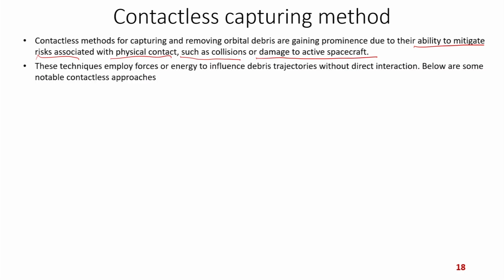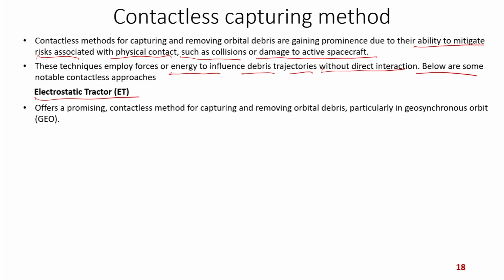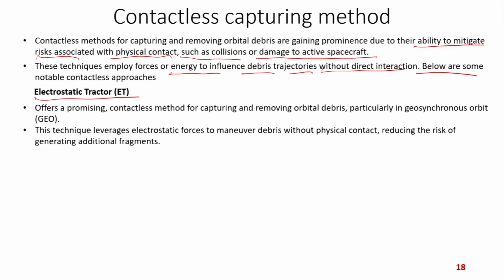This technique employs forces or energy to influence the debris trajectories without direct interaction. A few of these techniques are as follows. One is called the electrostatic tractor, or ET. So, what is the electrostatic tractor? It offers a promising contactless method for capturing and removing orbital debris, particularly in geosynchronous or geostationary orbit. This technique leverages electrostatic forces to maneuver debris without physical contact, reducing the risk of generating additional